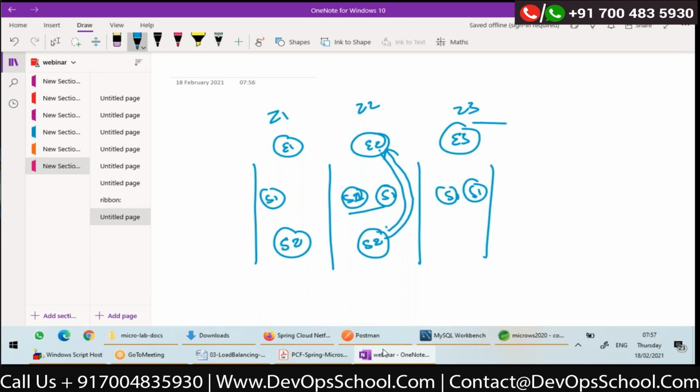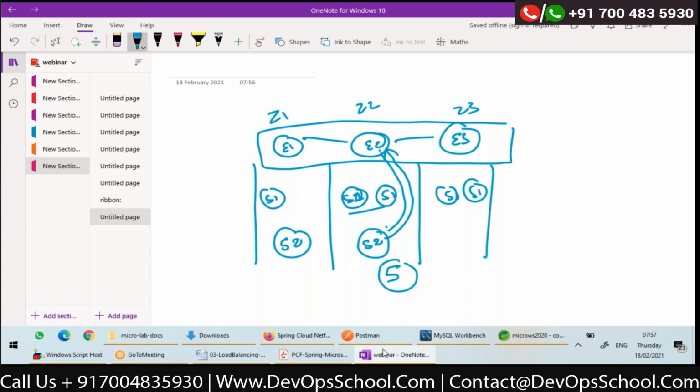If it's a cluster, then it will get all 5, right? Yes, this is a cluster. So if it is a cluster, all the Eurekas will be in sync, right? They will update their registry. So it will get 5. Now, among these 5, the load balancing algorithm will select any one of them in any one of the zones, right? But will it not be good if it can hit S1 in the same zone only?